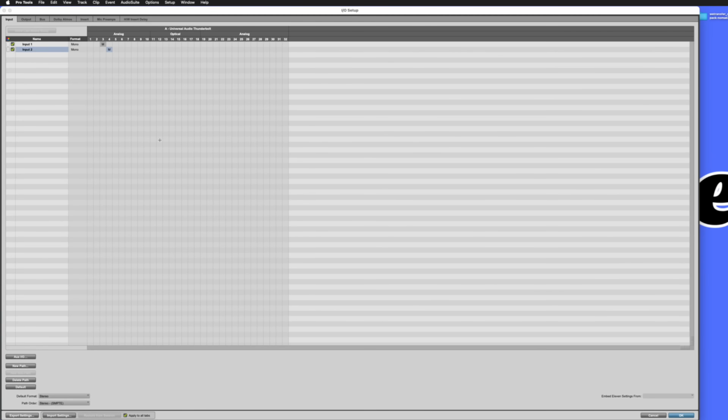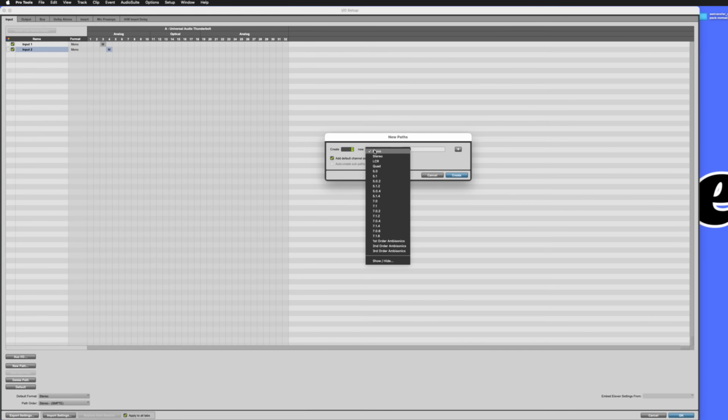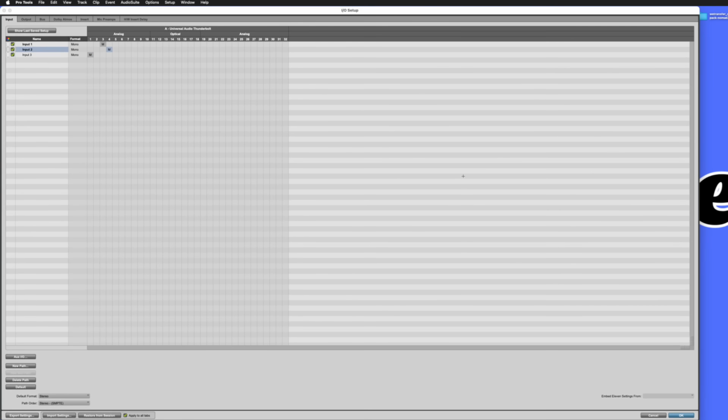The way to do that is to go down here, click new path, 1, mono mic, depending on what type of microphone it is, but in this case I'm just using my mic to record vocals, mono. You could name it, we'll do input 3 because I already have a 1 and 2. So we can do this right here, click create,